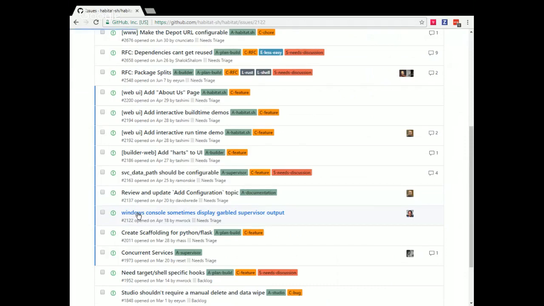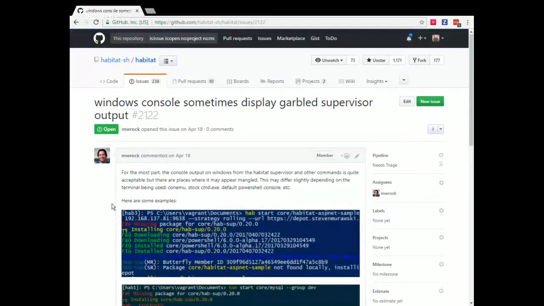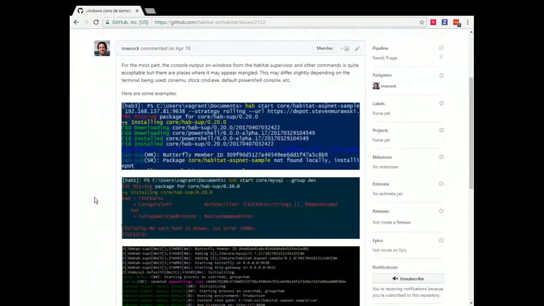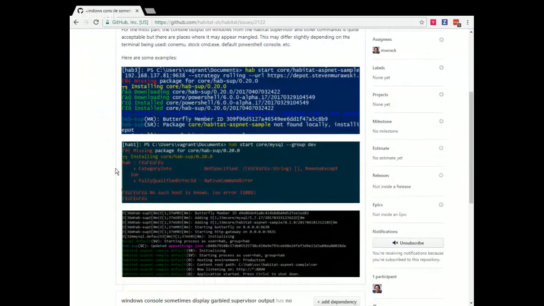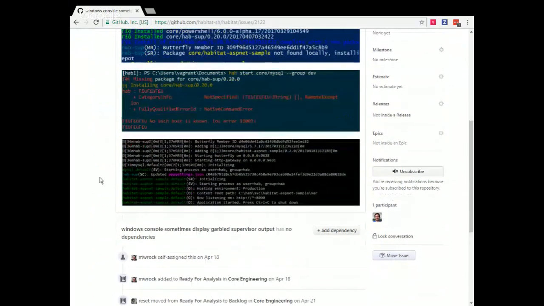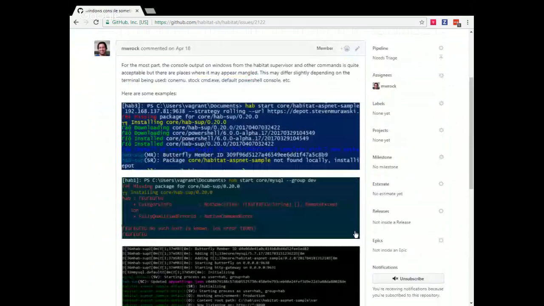2122 is the next. Ooh, indeed. That's gnarly. Look at that. Yep.